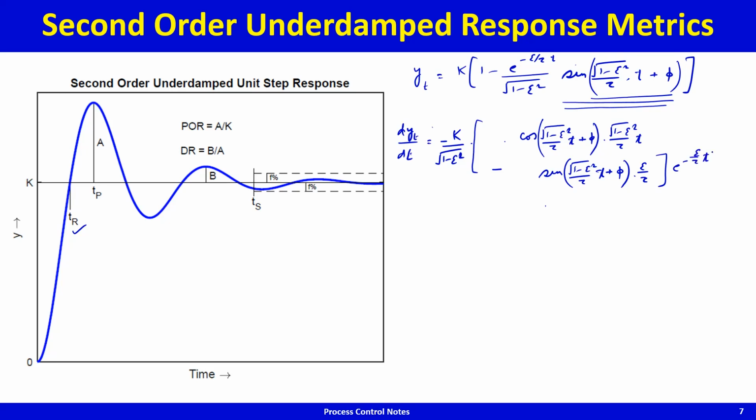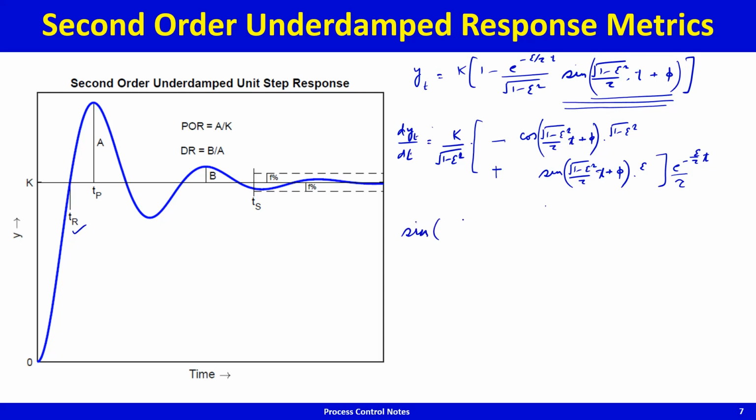Now at the peak, this derivative must disappear, and this must disappear for the first time with a positive t. For this derivative to disappear, whatever is inside the square parentheses must disappear. So what I then have is, sorry, this one is not there. So for this thing to happen, what is in the square parentheses must disappear, and what that means is, by the way, tau also cancels out, so we'll take tau also out. Let's take the negative sign inside, okay. So what that means now is that